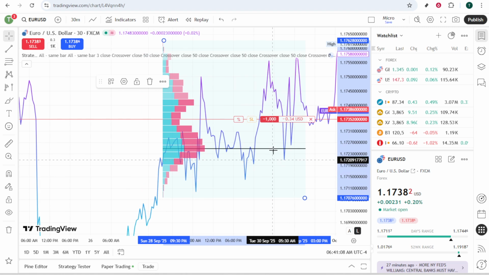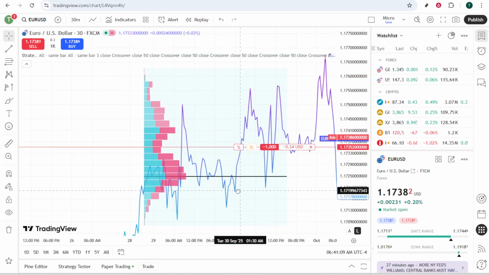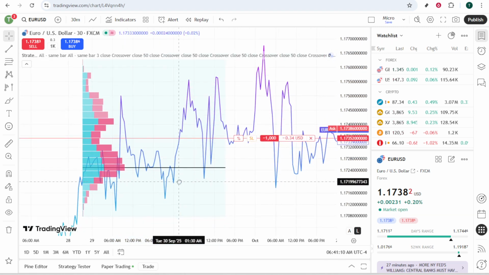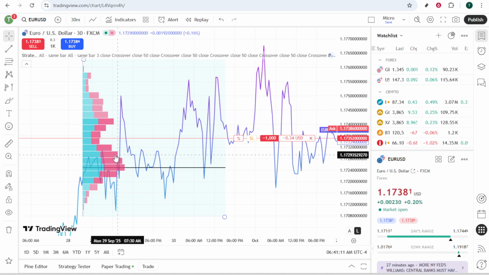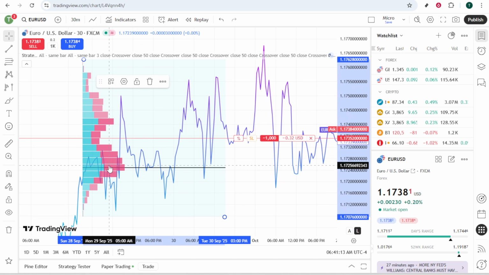Let's take a look at what this volume profile represents. When it appears, you'll see a series of horizontal bars. Each bar corresponds to the volume traded at different price levels. What stands out the most is the longest bar within this profile. This is known as the point of control, or POC. The POC indicates the price level at which the highest volume was traded, providing critical insight into where traders have